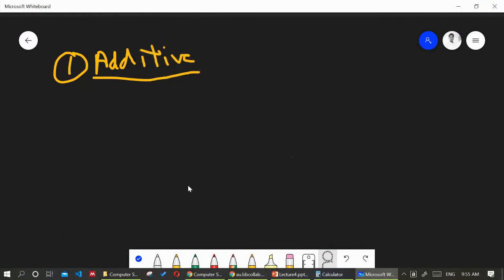So I have named it the subtractive method. So the subtractive method is something like this. Again, you have to remember something.